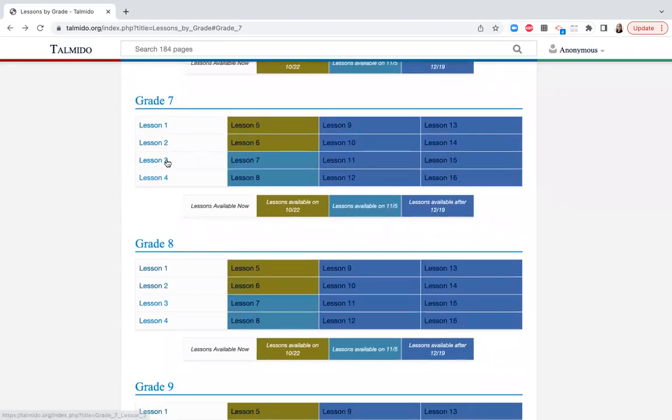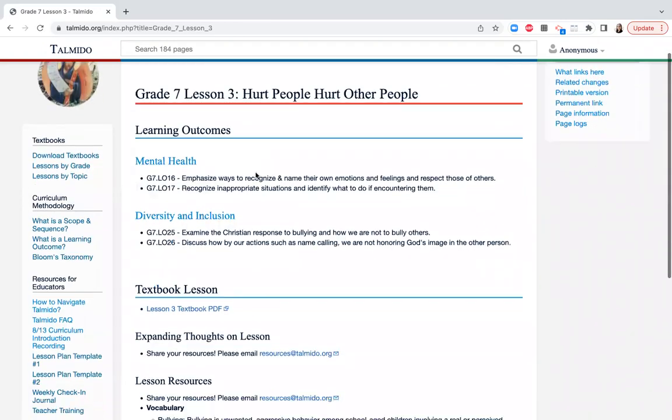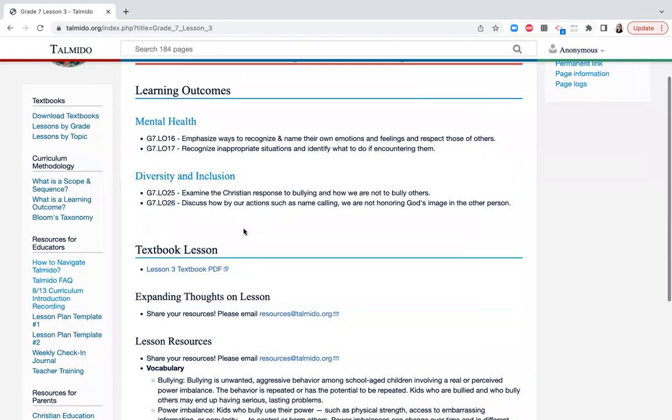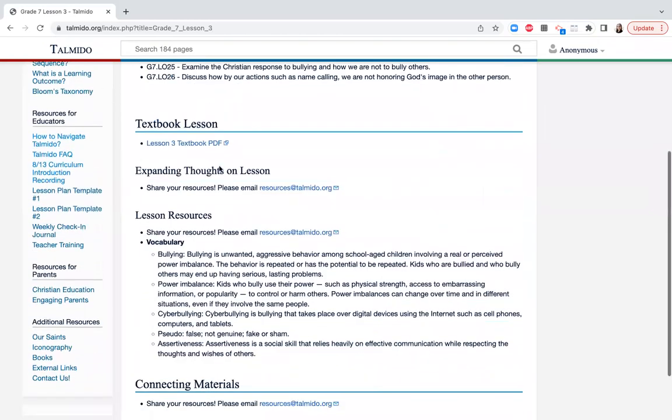So I'm going to go ahead and click grade 7, lesson 3. Again, we can see the title of the lesson. We're going to see the learning outcomes that are covered. In this lesson, there are learning outcomes from 2 topics: mental health, as well as diversity and inclusion, covered in this specific lesson. So if I go ahead and click the lesson,